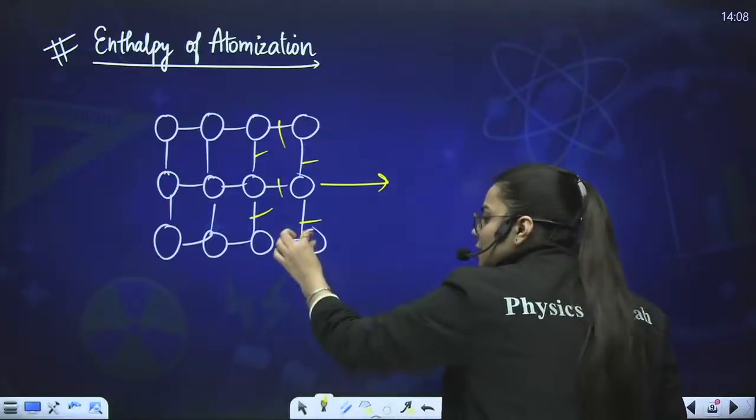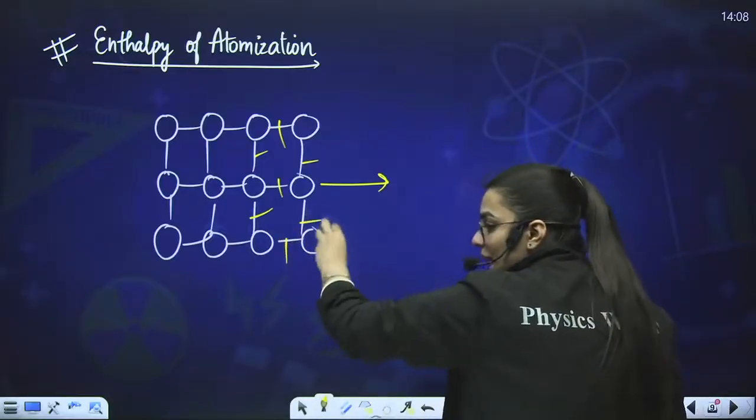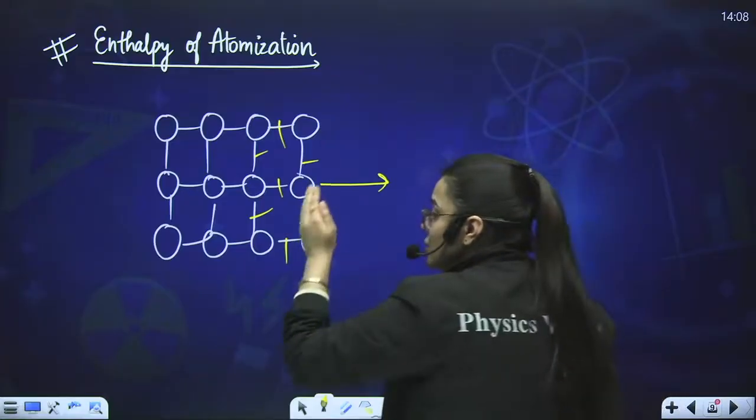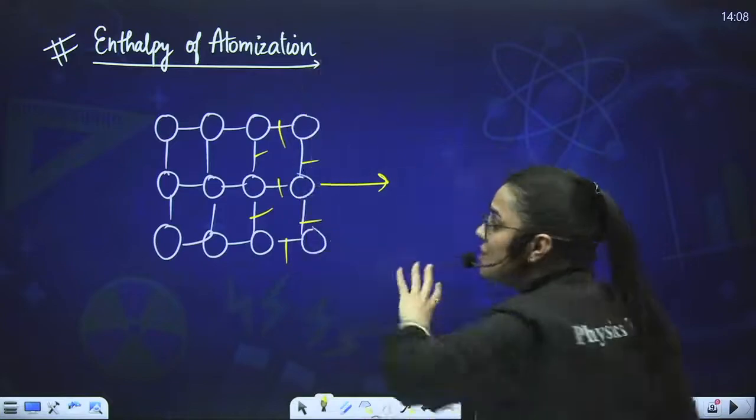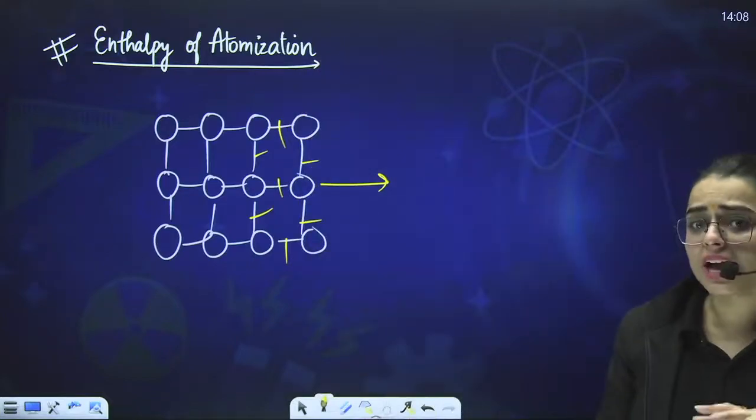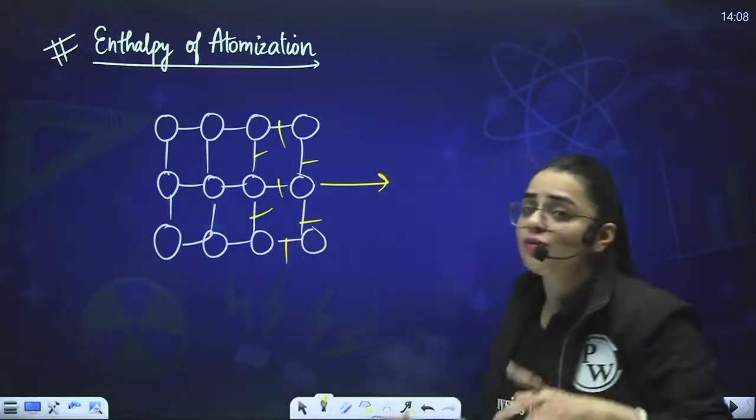So, basically over here, this is the lattice point where an atom, molecule or ion is kept, right? So, the energy required to break the bond between the atoms or the ions. Basically now we are talking about atomization, that means we are talking in terms of atoms. The amount of energy required to break the bond between the atoms so that first of all it can